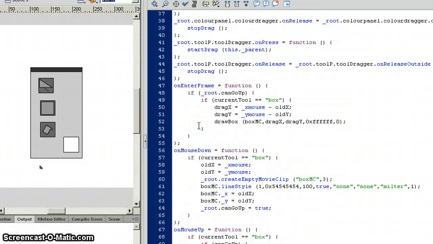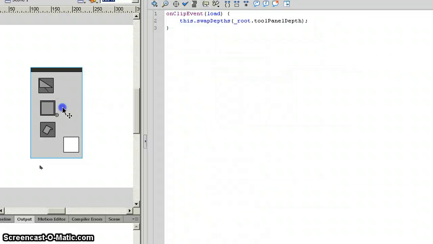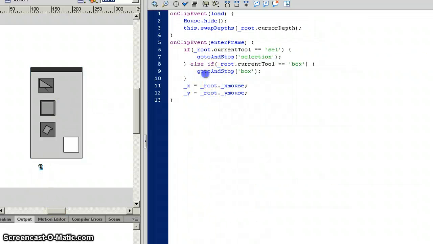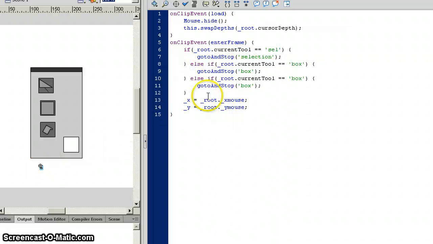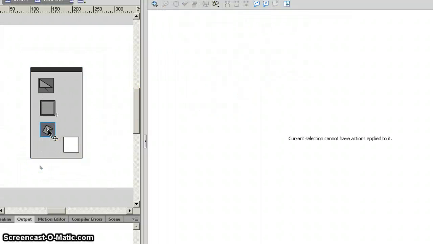and where's enter frame? In the cursor, if root dot current is equal to cell, else if is equal to box. In the cursor actions we have, else if the current tool is equal to paint, then go to our stop paint. And let's make a painter, so just copy this paint box here,